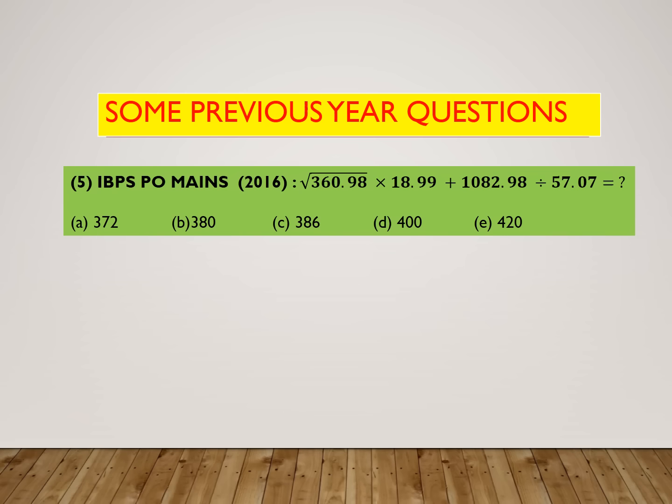Next question was asked in IBPS PO Mains 2016. This question can be solved as follows. The approximate value of y is equal to square root of 360.98, which is approximately equal to 19 into 19, 18.99 we have approximated as 19, plus